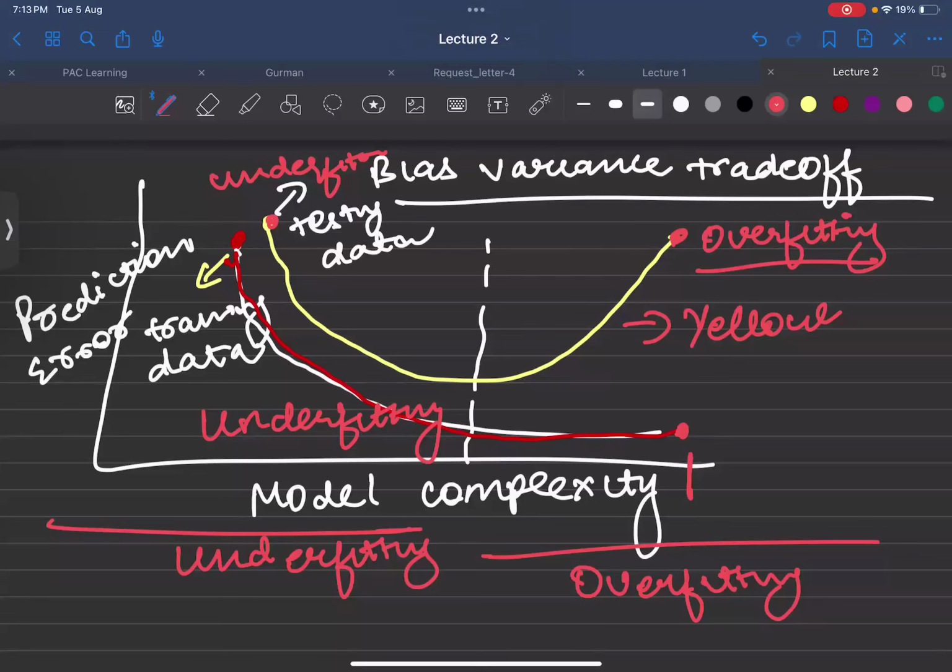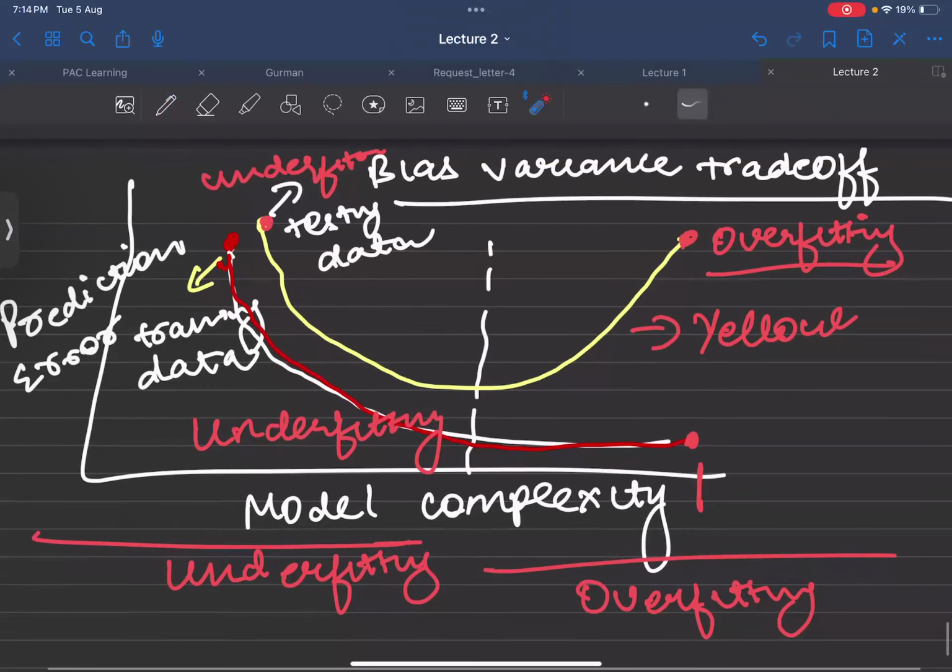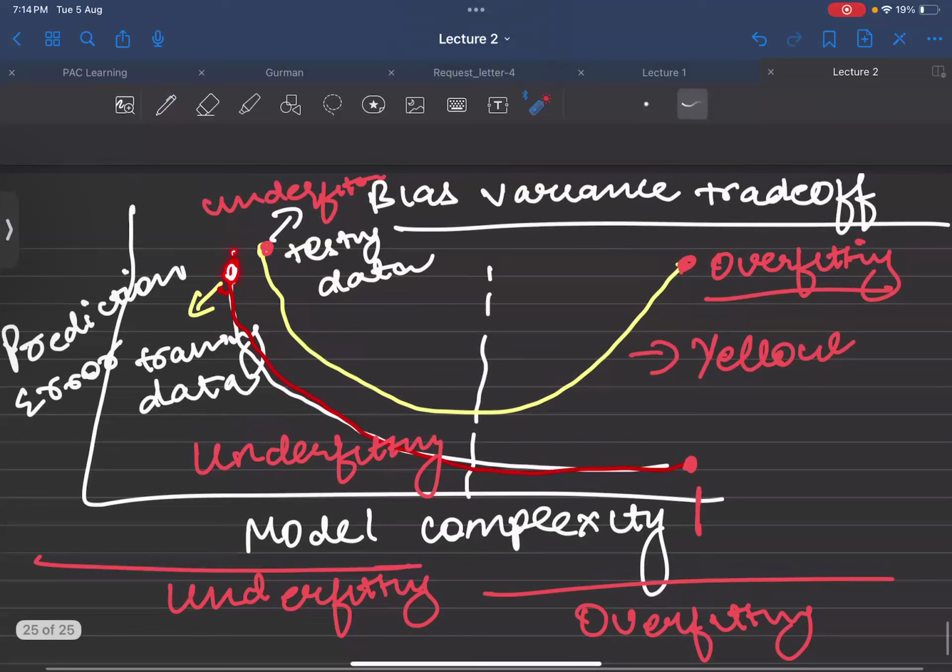So again, let's come to the things. I'm having a less complex model. The model is very less complex, but my error is more. What can be the case? My error is more in training data as well as in testing data, because of underfitting. In the overfitting case, in testing data, the error will be more when the model is complex. What can be the case when the model is complex and error is more? That is overfitting. But in the training data set, in overfitting, we will get less error.